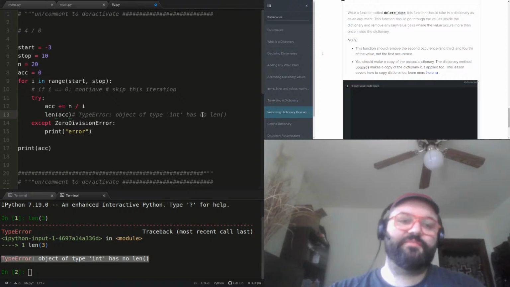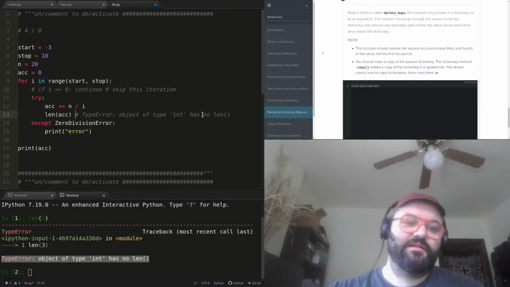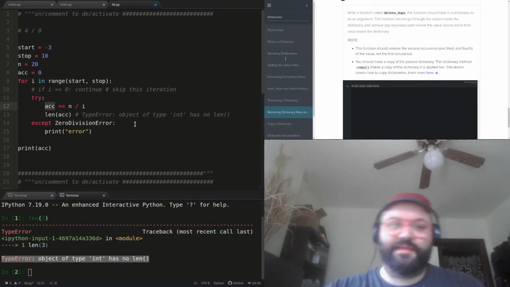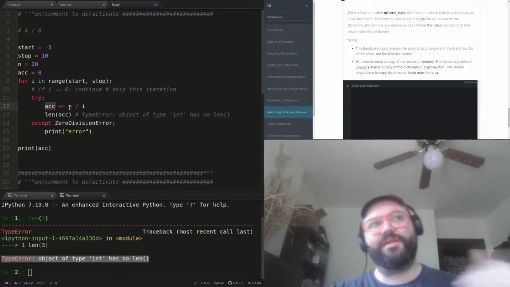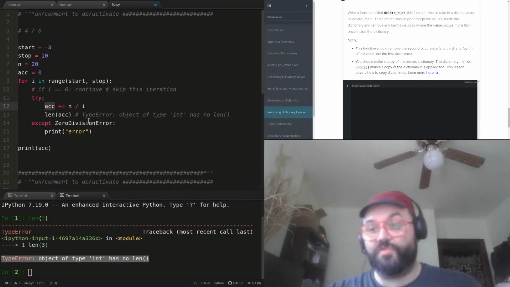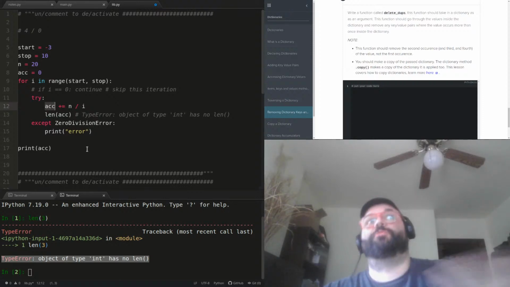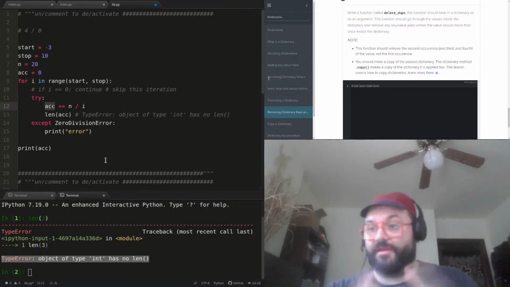This is going to give me the length of accumulator. Accumulator is a number. It doesn't have a length. You might think a number is a length or something. Well, an integer is what we use to represent a length, but it's not a length itself. It just represents something that has a length, a number of elements.